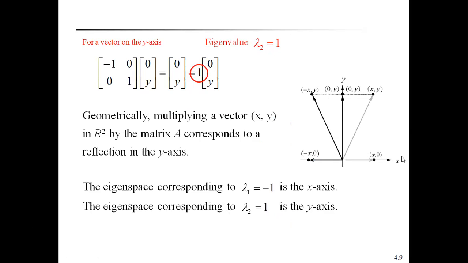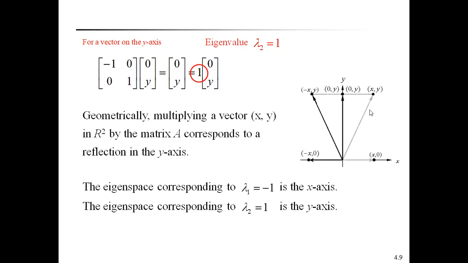See here, this is the x-axis, this is the y-axis. Any point on the x-axis can be considered as (x, 0). This is the right side of 0, so on the right side the components will always be positive. In the left side, any point on the x-axis can be considered as (-x, 0). Therefore this is the vector v, (x, y). Any point on the y-axis can be considered as (0, y).